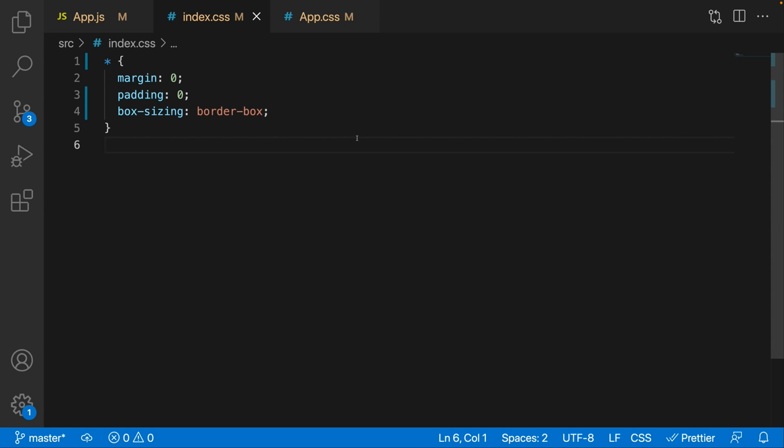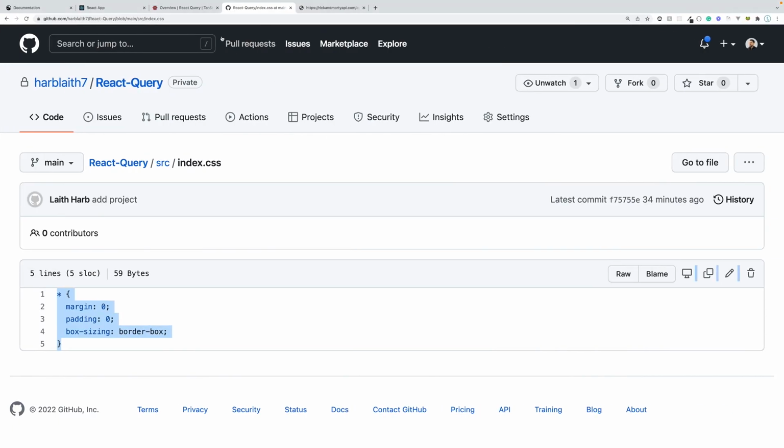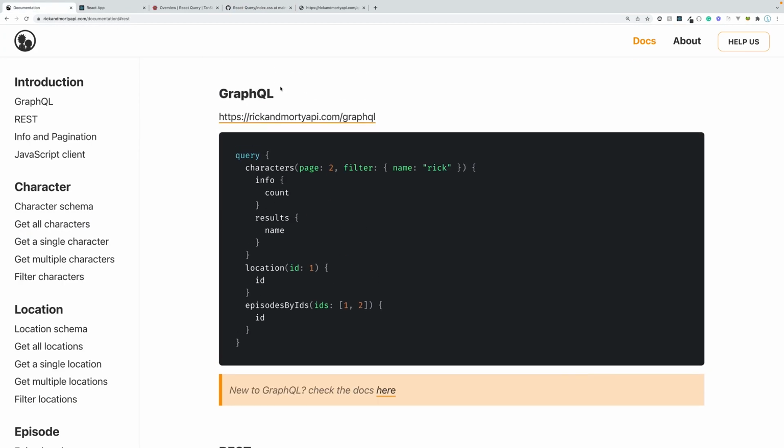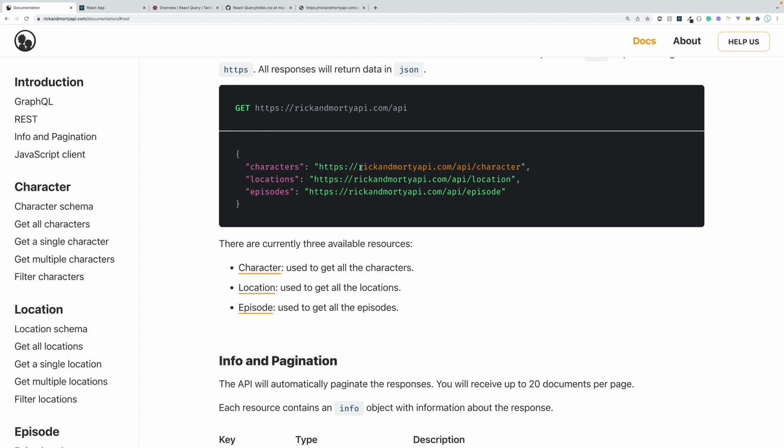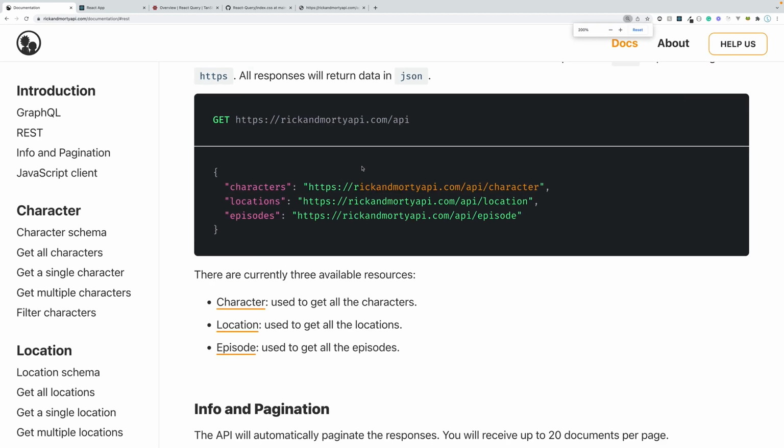We're going to very simply do it without any sort of library, just do it on its own, and then we're going to convert it to React Query just to see how much simpler and easier it gets. So let's go over here to the documentation. And what we want to do is hit this endpoint right over here. This might be a little bit too small. Let's zoom in. So we want to hit this endpoint right over here,